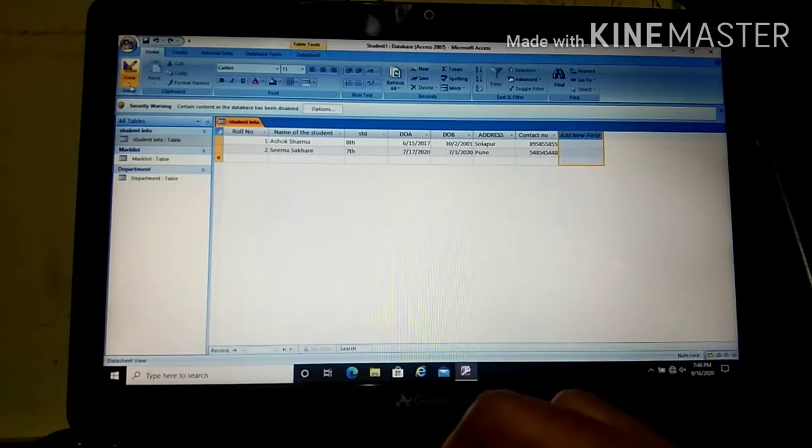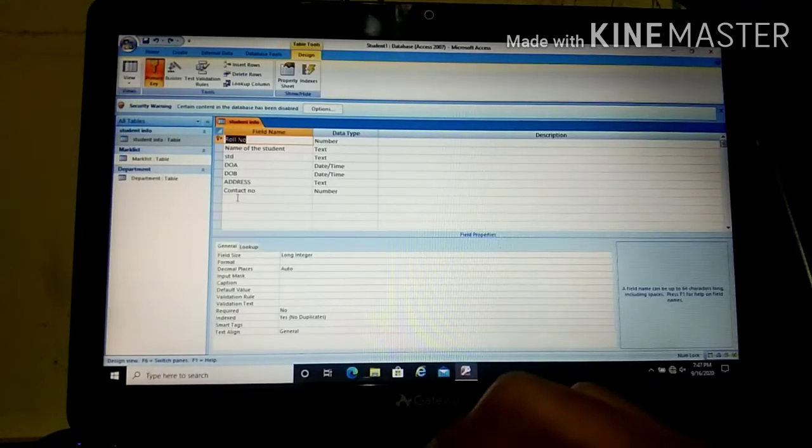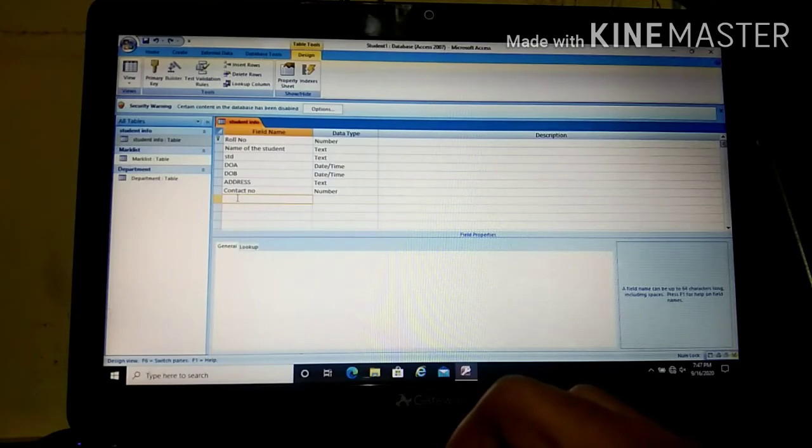Second method is obviously you have to go in the design view, and again the same method. Here you have to type the name for the field and the data type you have to select here. Okay, so I hope you understood what we have to do for creating or inserting the field in your table and how to delete that field too. Now we will see the next point in the chapter, that is renaming a field.